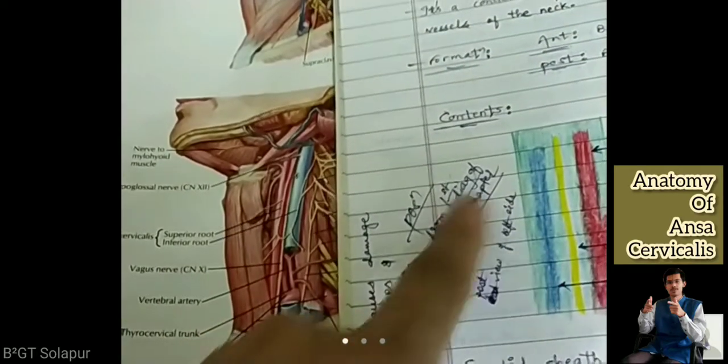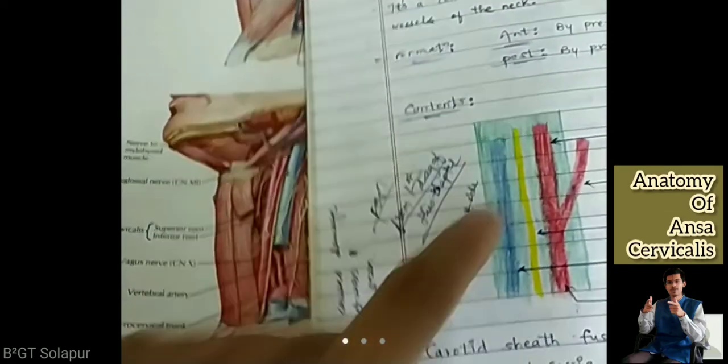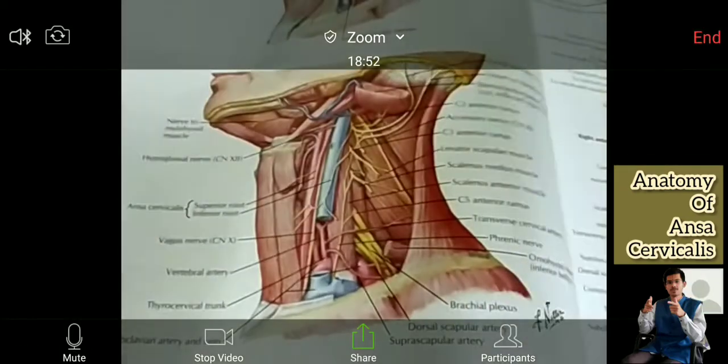Internal jugular vein is on your left. Here it is to your right. Means what we are seeing is of the opposite side. This is what we are observing of the left side. This is what we are observing of the right side. Now, I hope you are able to get it.